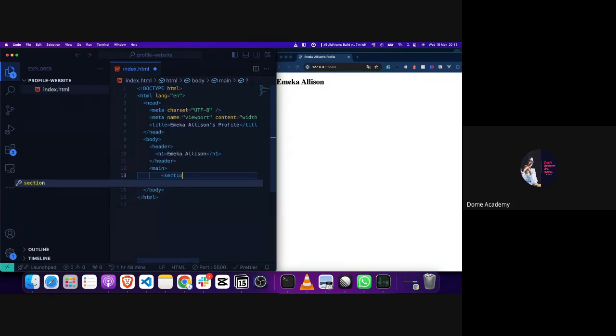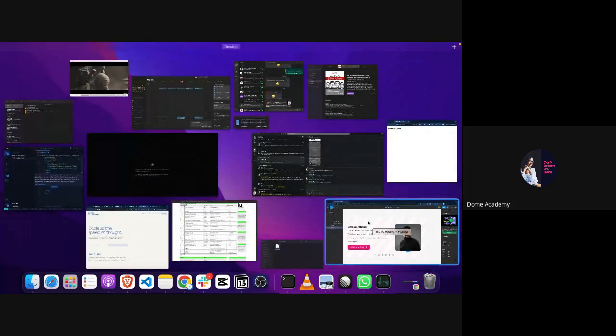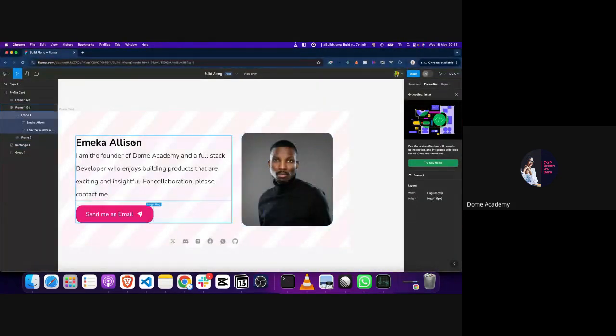So I'm going to say section 1, this is like the first section. And the first section has different elements we have here. If we look at this, we have an H1 element, we have a paragraph element, and we have a button here. So I'm going to try and replicate all of this. And it's very simple, especially if you have Canva. If you're trying to replicate something from a design that is already designed, it's very simple. All you need to do is to create